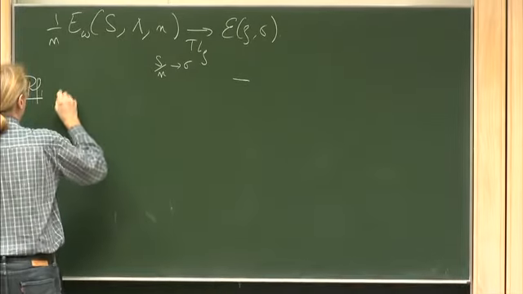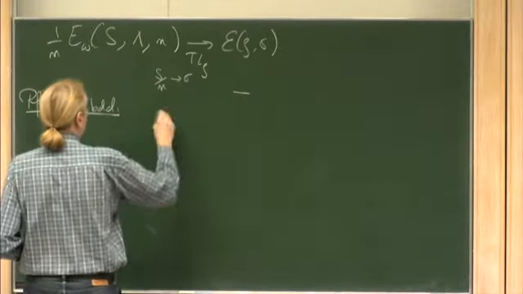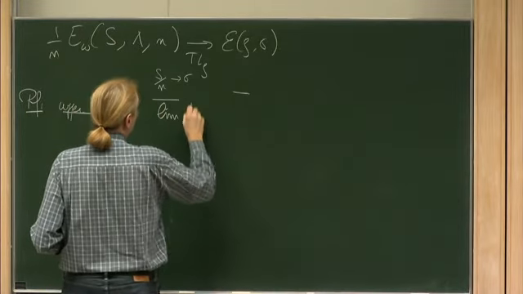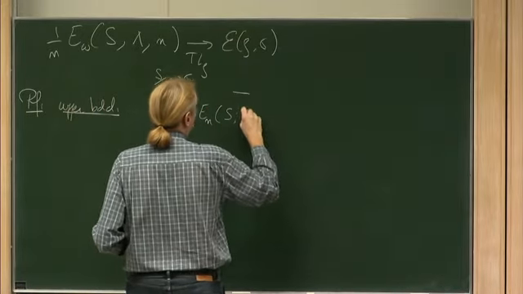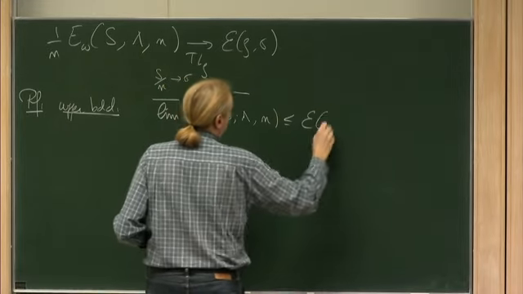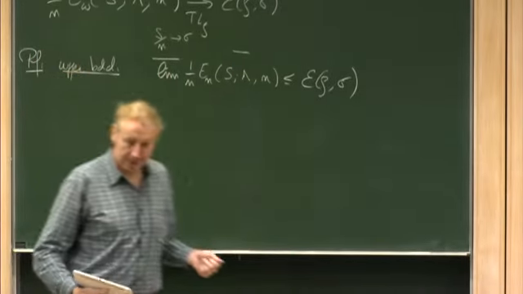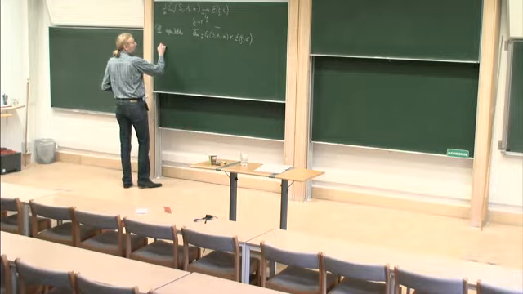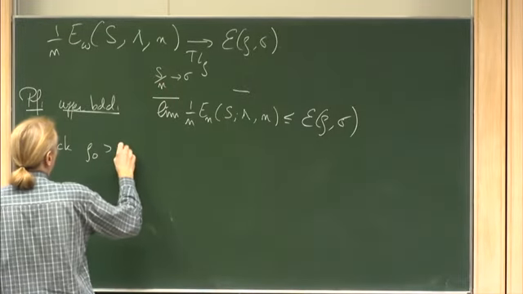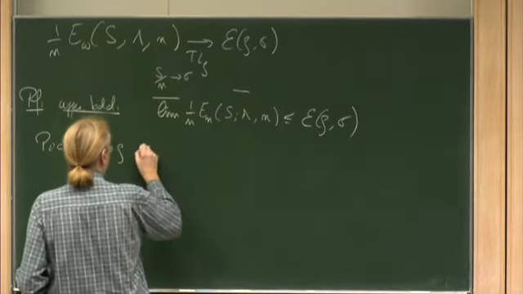First, an upper bound, and then the lower bound. So the upper bound is just, we're going to prove that the lim sup of this sequence is bounded by this quantity. And of course, if you prove that the lim inf of the same sequence is bounded by the same quantity, we'll be done. Okay, so therefore what we do is, rho now doesn't have the special form, so we pick rho 0 larger than rho, so that we can use the monotonicity, right, of the form